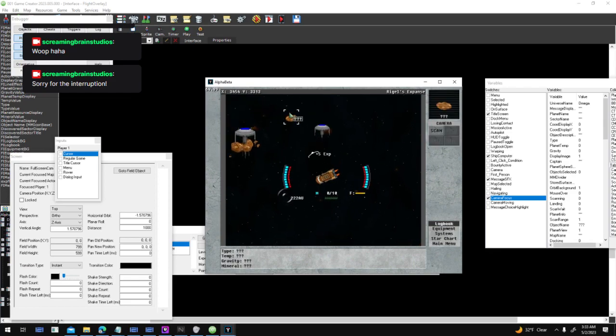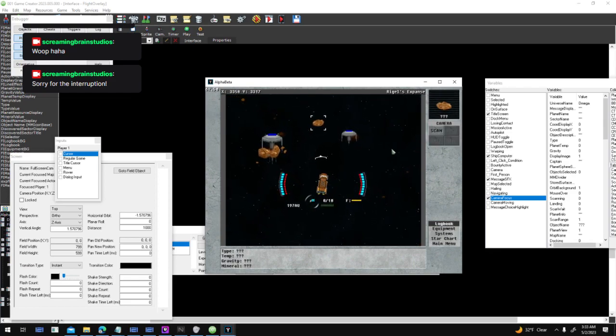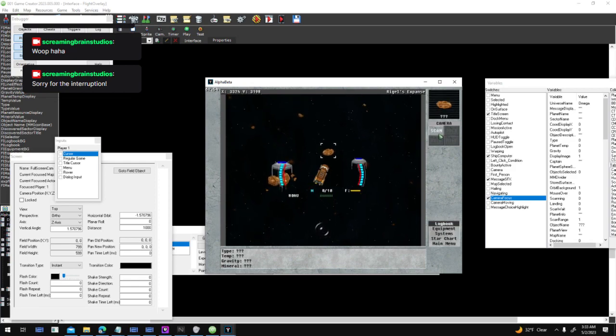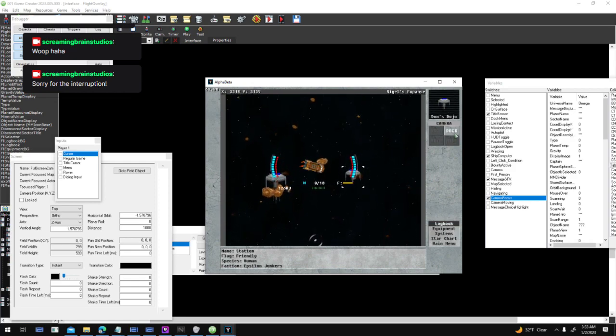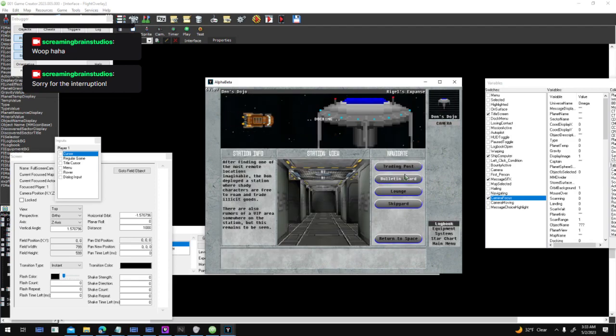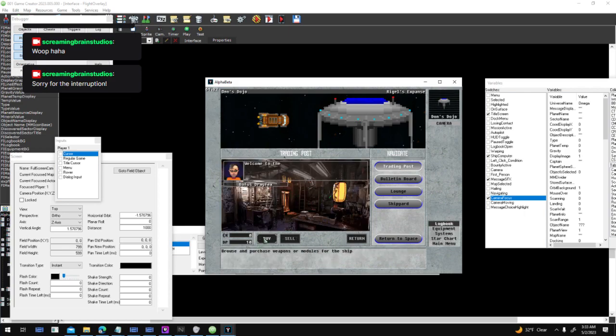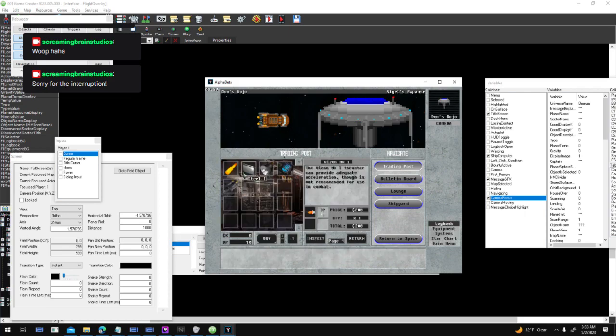I don't know what happened to my mining laser there. Yeah, you could fly around. There's little space stations you can dock at. You can go to different areas of the space station and buy stuff for your ship, bullets and little modules,